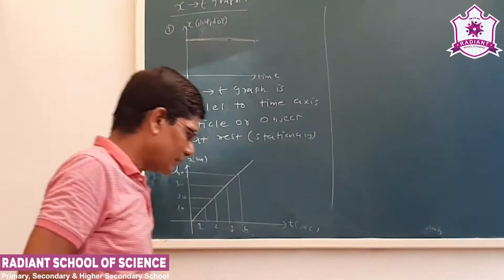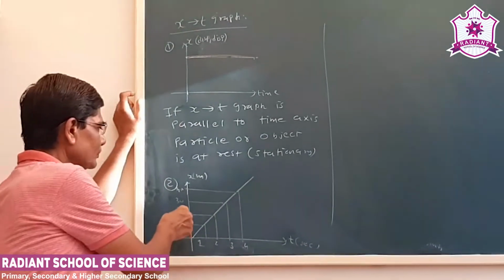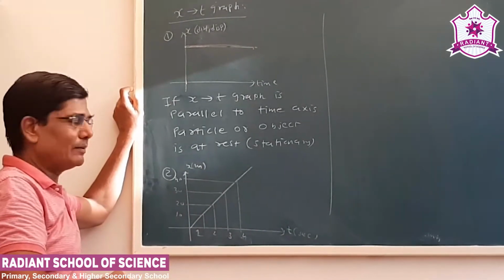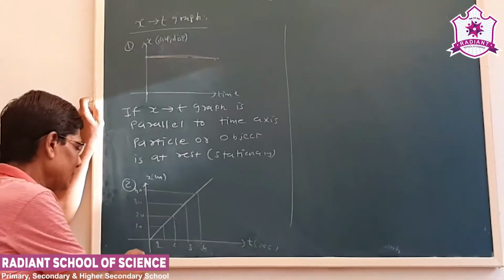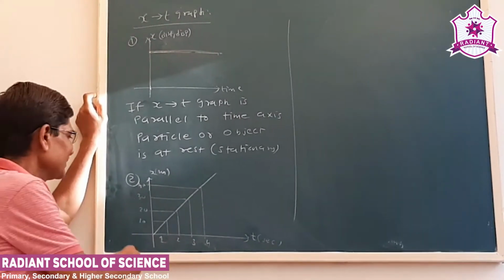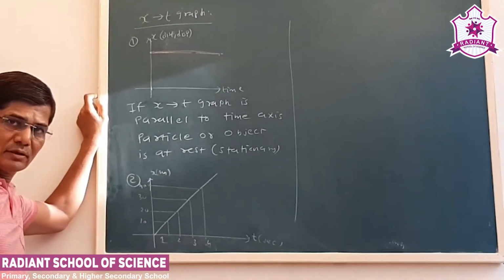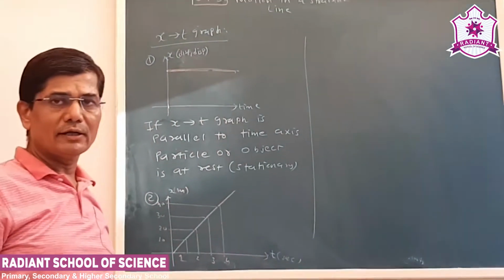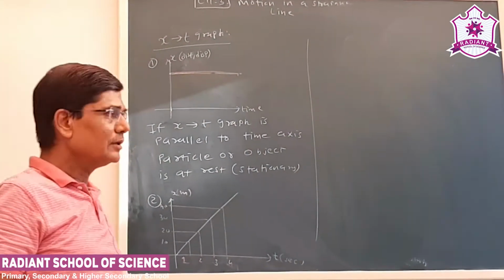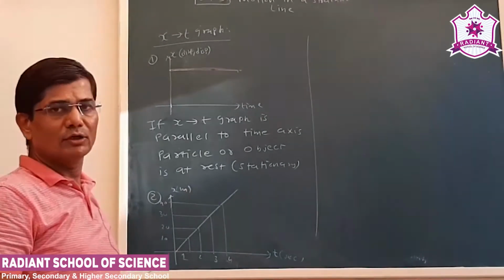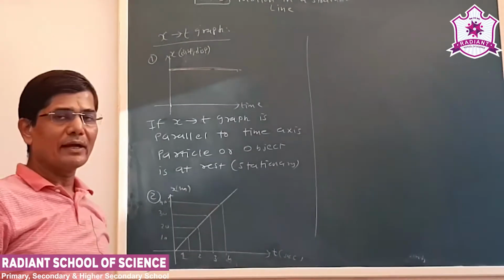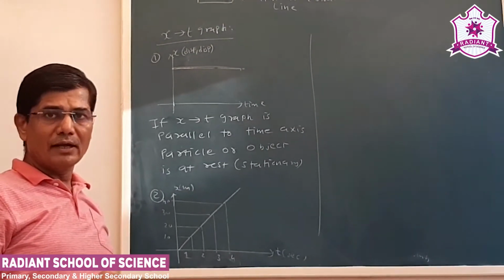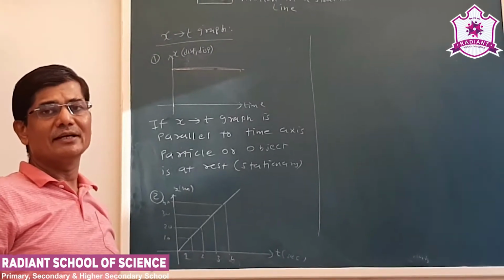Now if we talk the time interval, see there is a time interval between 3 second and 2 second. See the distance covered will be 30 minus 20 is 10 meter. Similarly, if I take the time interval 0 to 4 second, distance covered will be 40 minus 0 is 40 meter. Now here in equal time interval, the body covers equal distance. So that we can call as a uniform motion. So if the x versus t graph is a straight line and if the body covers equal distance in equal time interval, we say it is uniform motion.